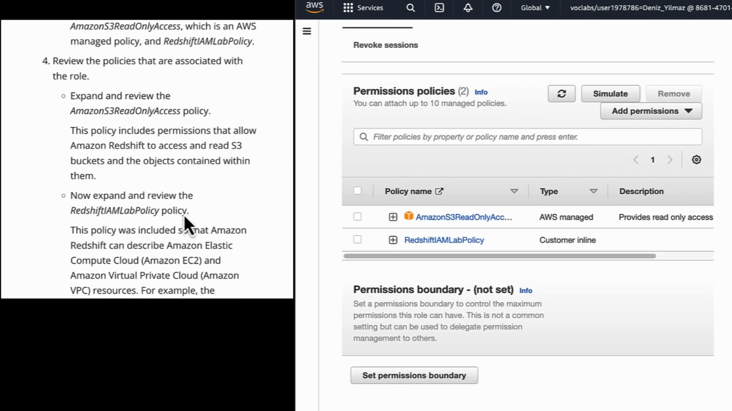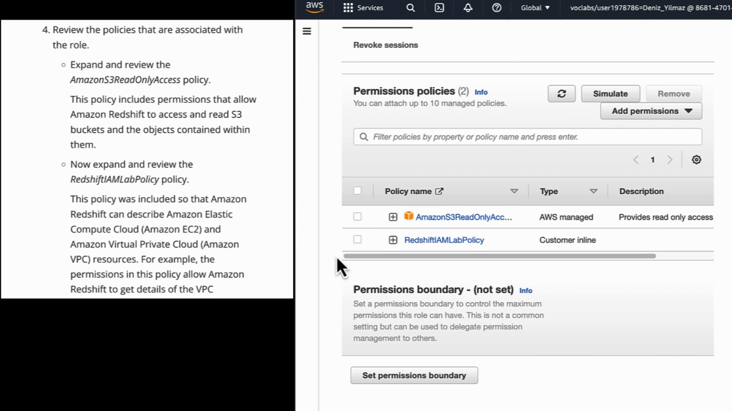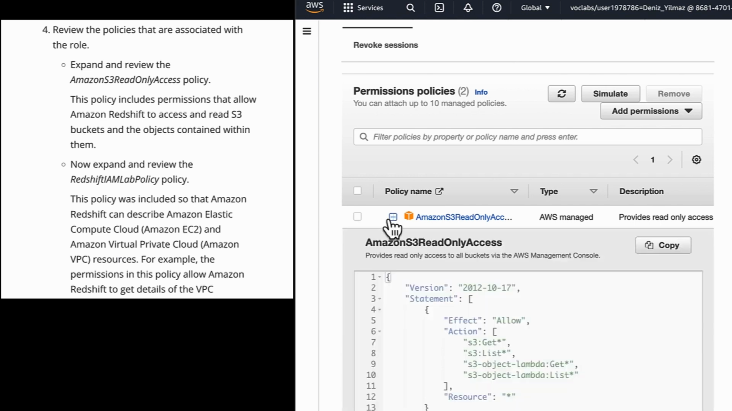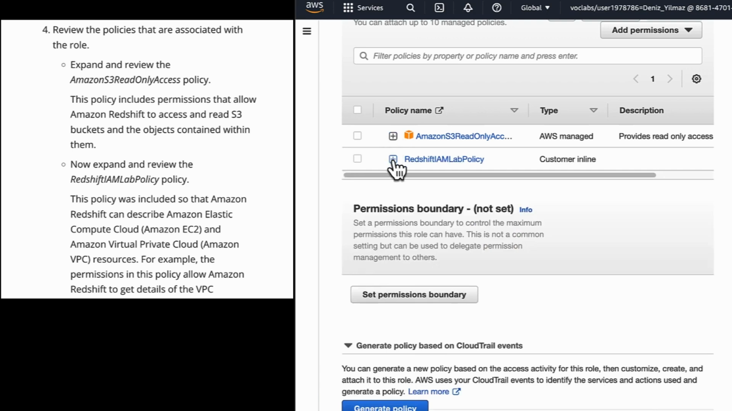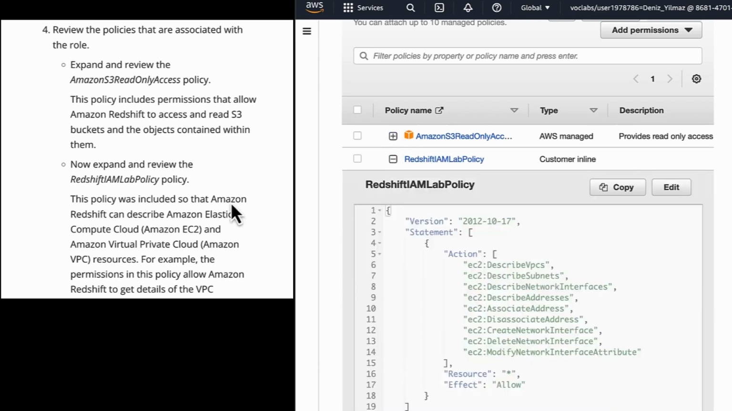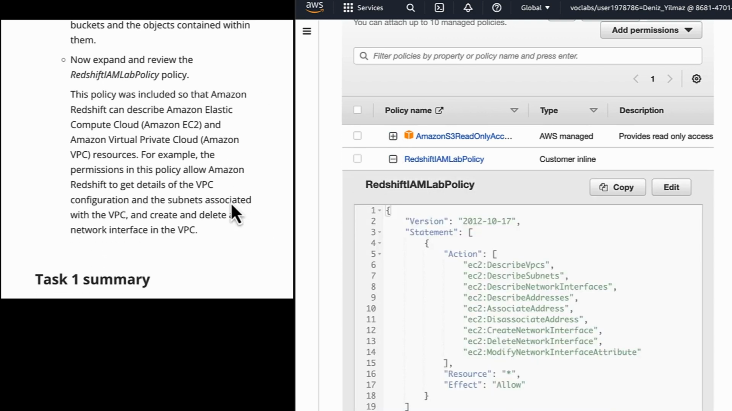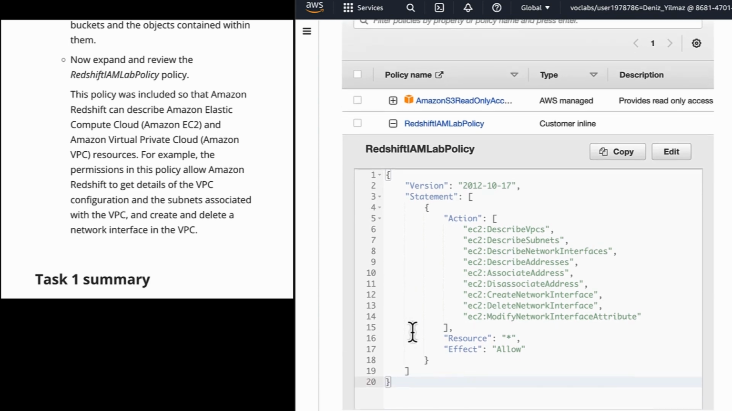Expand and review the Amazon S3 read-only access policy. This policy includes permissions that allow Amazon Redshift to access and read S3 buckets and the objects contained within them. Now expand and review the Redshift IAM Lab policy. This policy was included so that Amazon Redshift can describe Amazon Elastic Compute Cloud, Amazon EC2, and Amazon Virtual Private Cloud, Amazon VPC, resources. For example, the permissions in this policy allow Amazon Redshift to get detailed